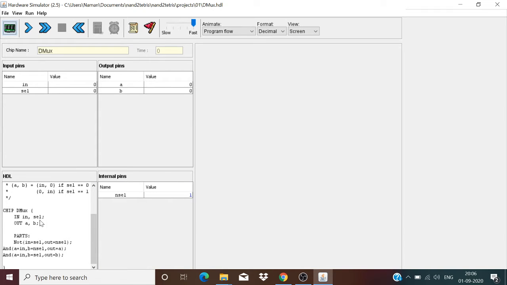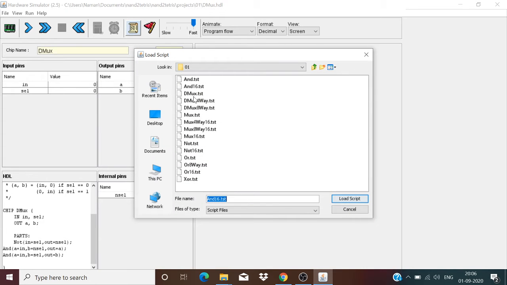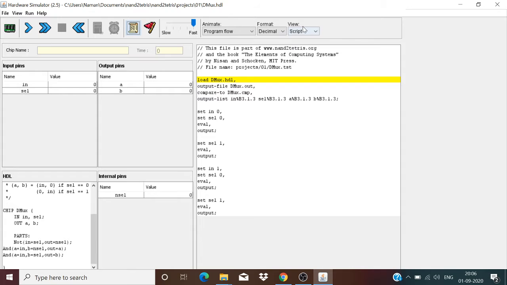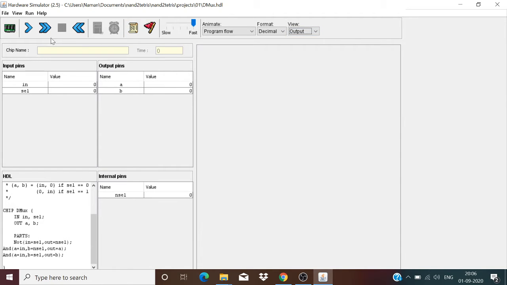Here we have the demultiplexer loaded with one selection line and thus 2 to the power 1, that is 2 output lines. With this basic, we first input the selection line and complement it, and the output pin is known as nsel. As we can see, this is the internal pin, and then we add input and this nsel, and also we add input and this sel. Output is B and this is A. So we have two output pins A and B here. Let me load the test case corresponding to this DMux. And here we have the correct results.